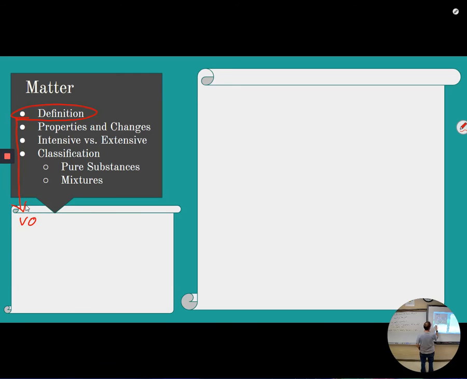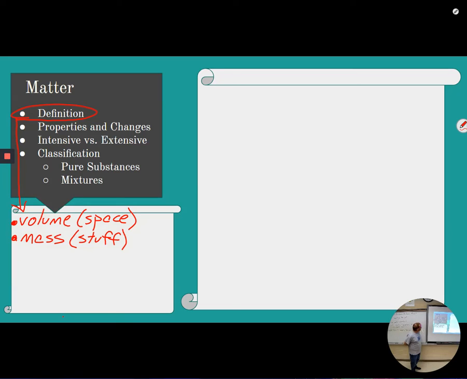Okay? So all matter, we're looking to define it. It has volume, which means it takes up space. The other one's mass, right? And mass is just defined as how much stuff you're made of. And by stuff here, we're talking atoms, we're talking molecules, okay? But it's stuff. So if you are made of stuff and you take up space, then you are matter, okay? There you go. Argument's over.